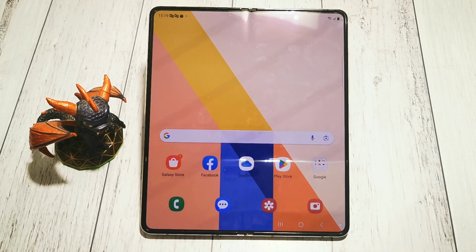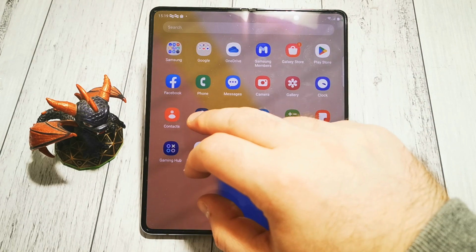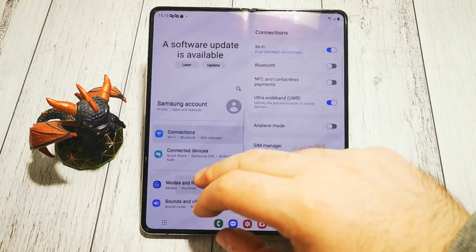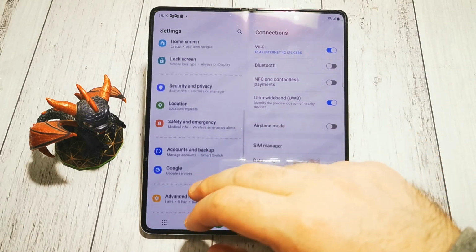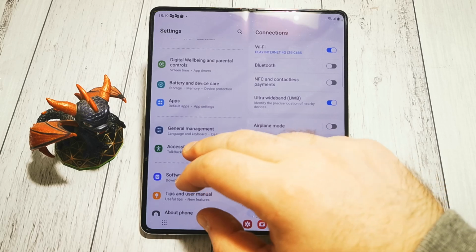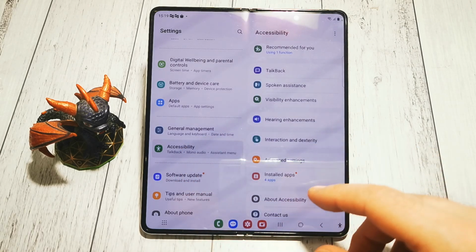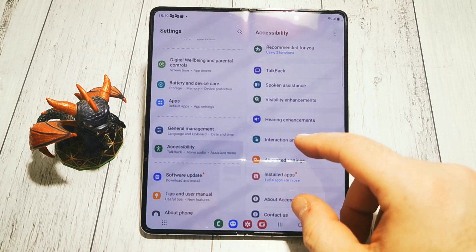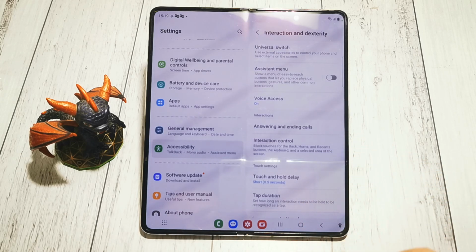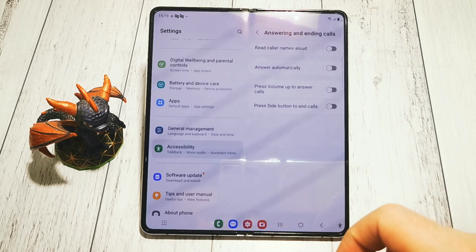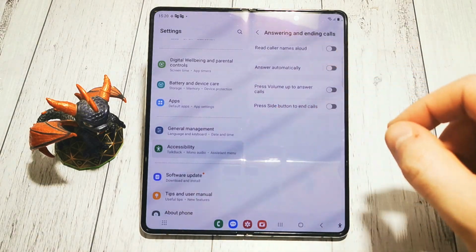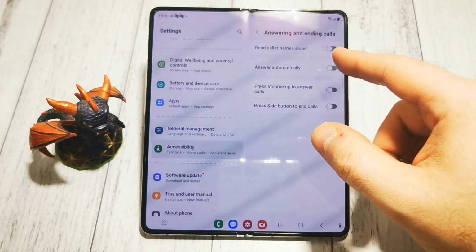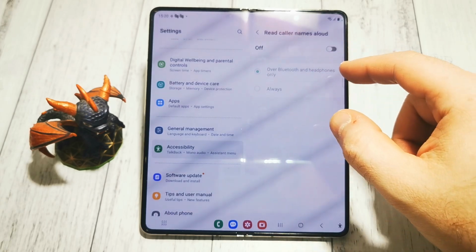To turn on this function, we have to go to Settings first, then we are looking for Accessibility options here, and in Interaction and Dexterity we have Answering and Ending Calls menu, and in here at the top we have, as you can see, Read Color Names Aloud. When we go here,